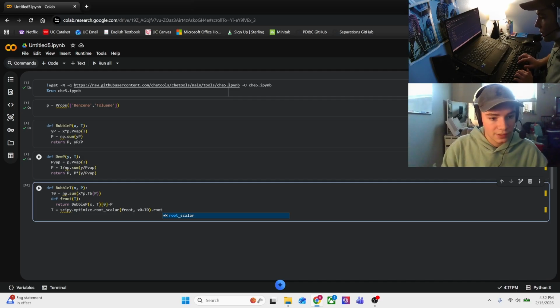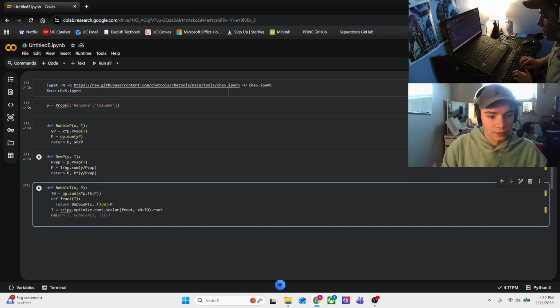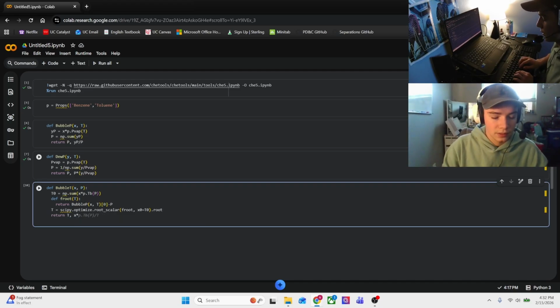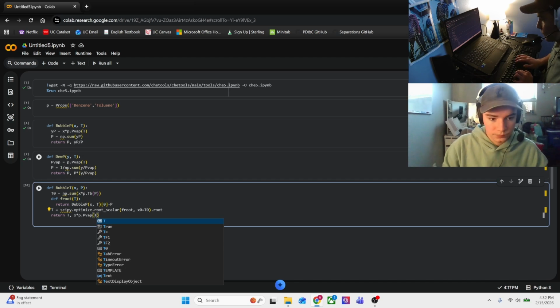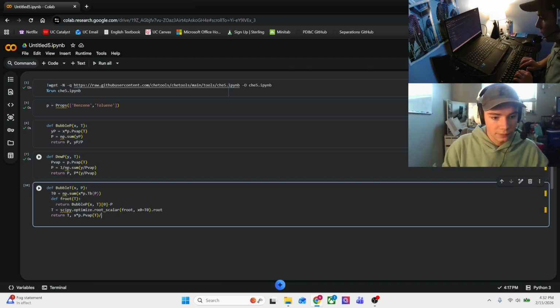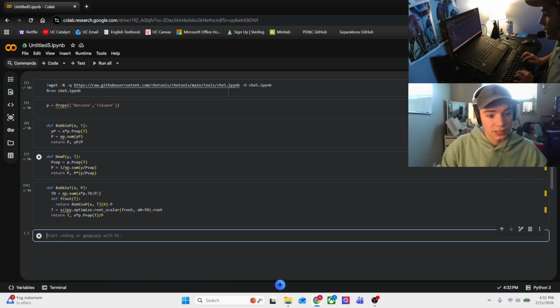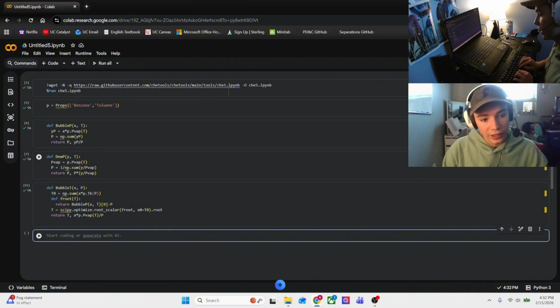And then from this, finally, we are going to return our t and our x times our p dot pvap at our t divided by p. And there we have our bubble t,